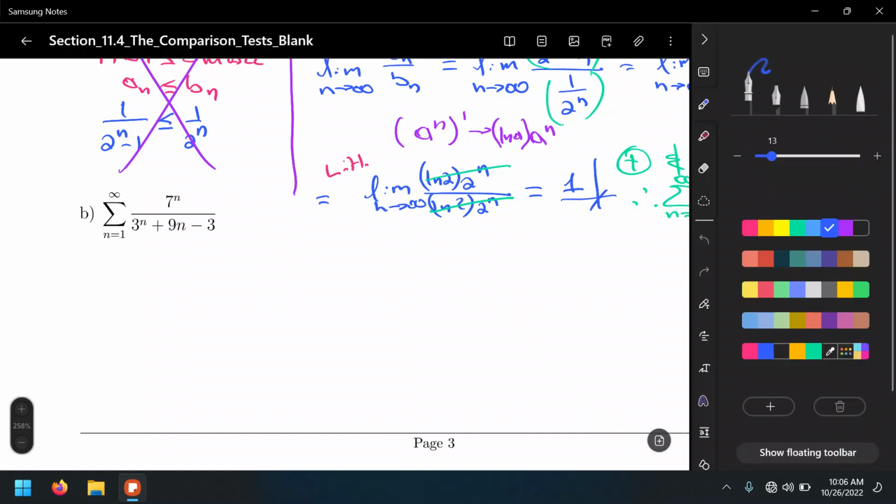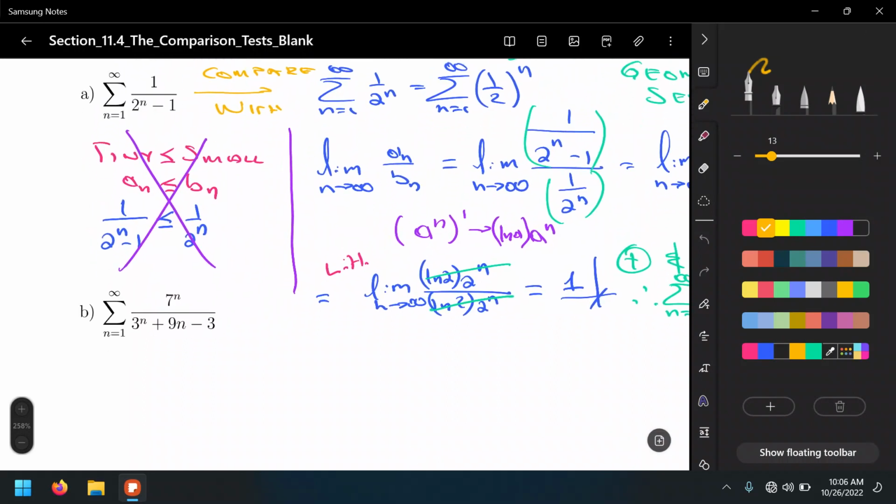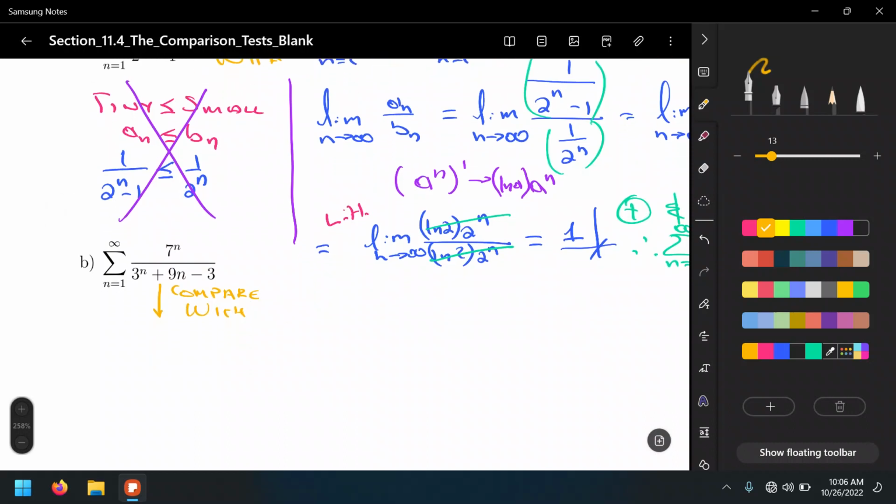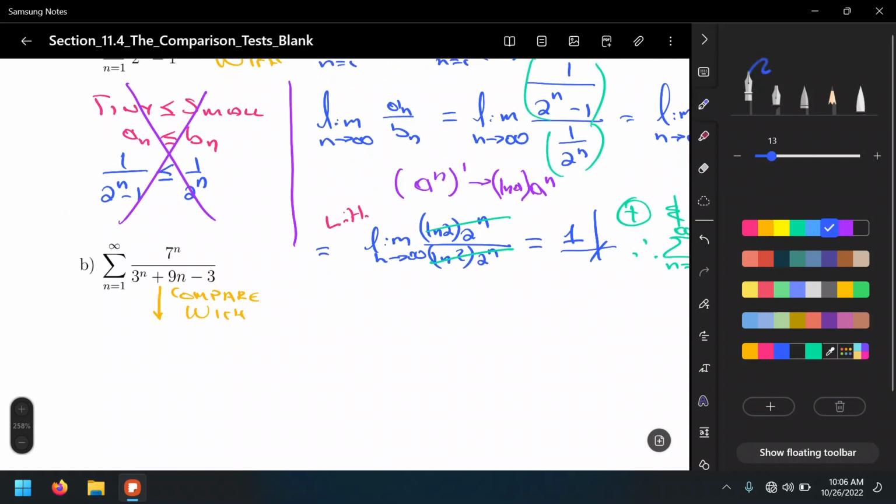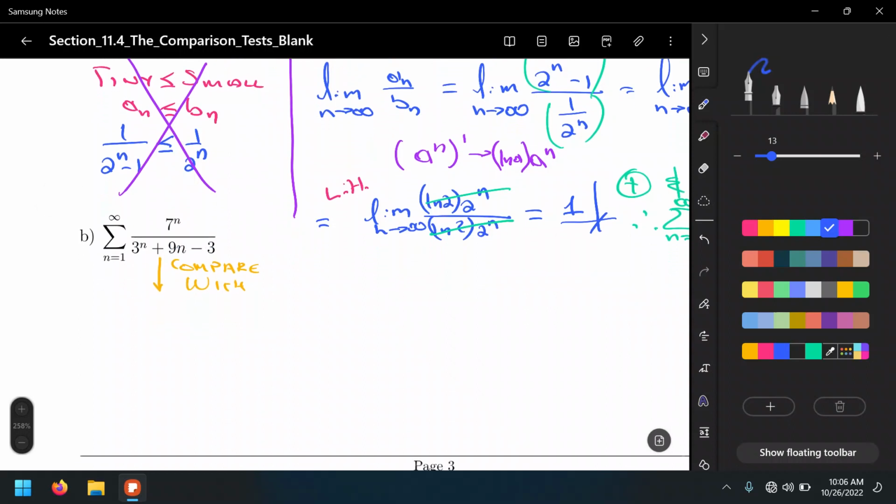So we need to, number one, compare this with a simpler series. Of course, in this case, using end behavior, we can neglect the lower order terms and just keep the higher order terms: the sum from n equals 1 to infinity of 7 to the n over 3 to the n,